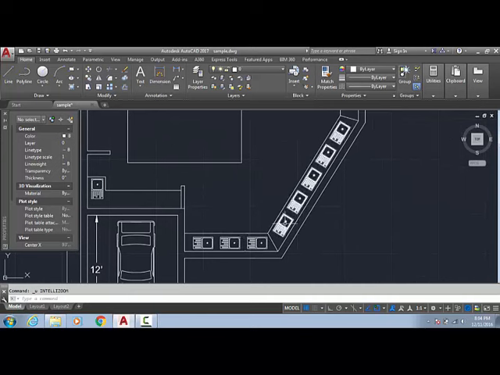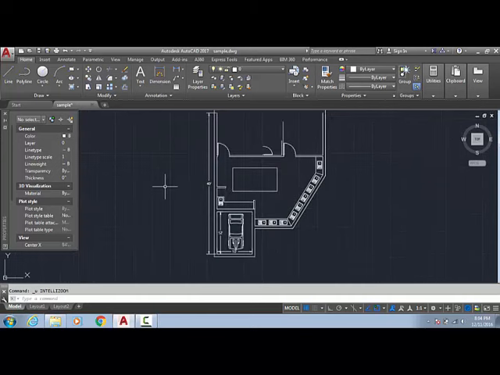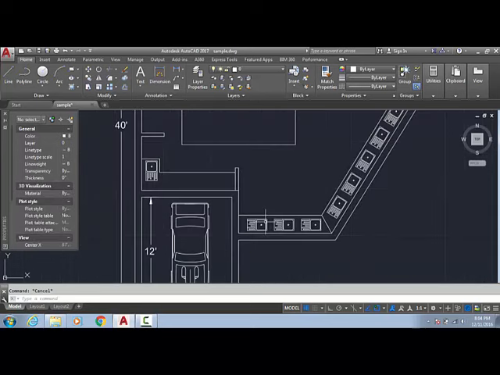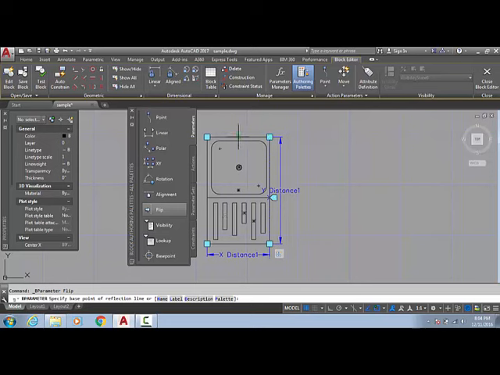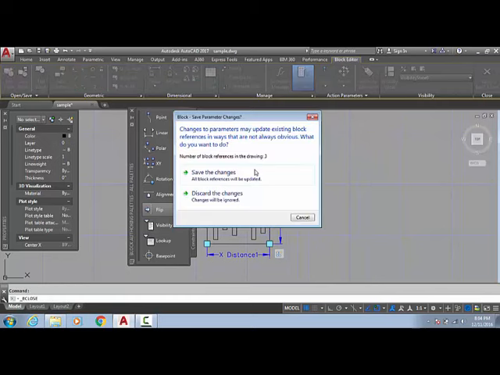Now we got a quite good block arrangement. Now whatever we have remaining, I am going to see it again. Okay, we discussed the point, linear, XY, rotation, and we have the flip command. What does the flip command do? I am going to select this one and put a horizontal, holding shift for temporary ortho, select one flip position, close block editor, save changes.